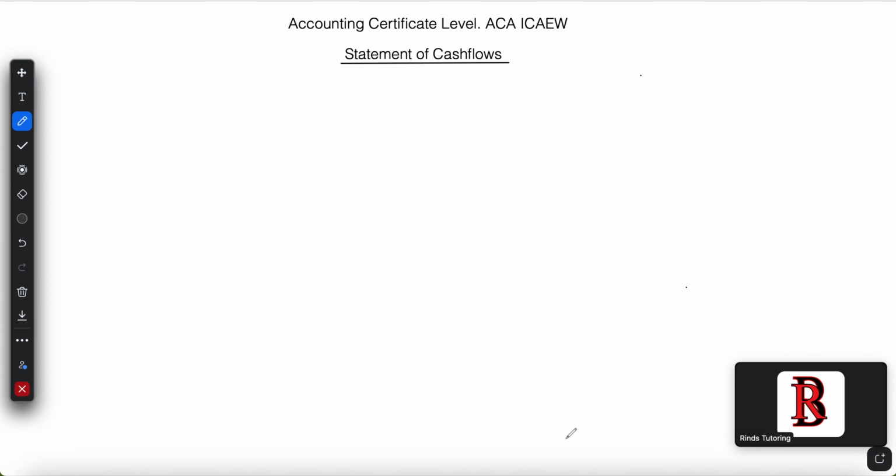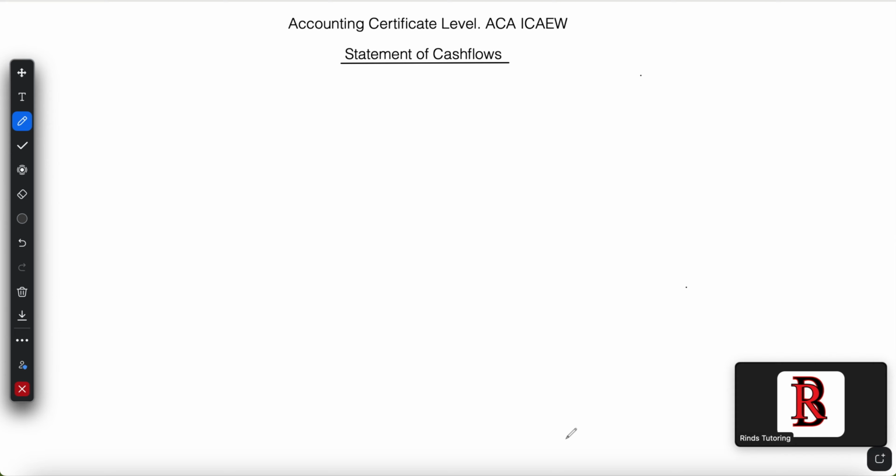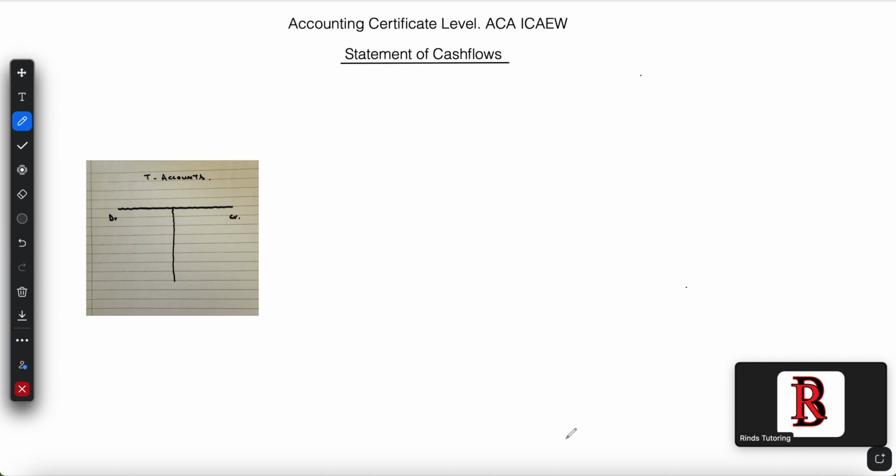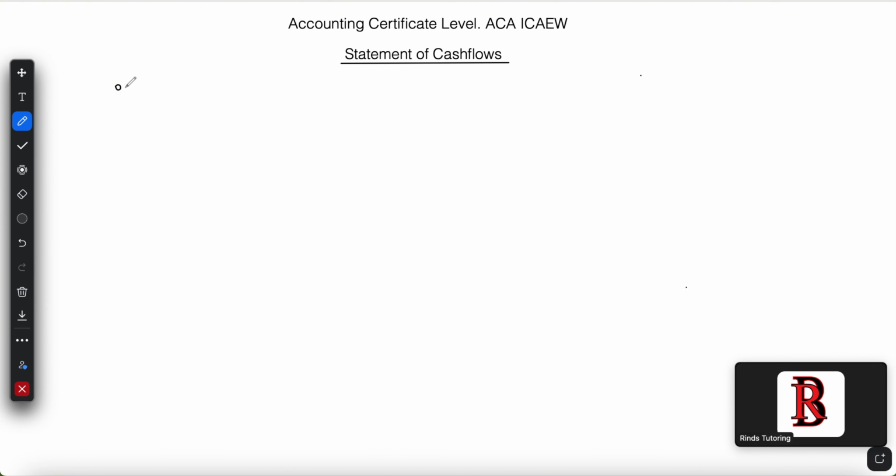If you failed accounting certificate level exam due to this question, this is how it's done. But wait, do you need T accounts or can you do workings using linear approach? Let me show you. Statement of cash flows is made up of operating